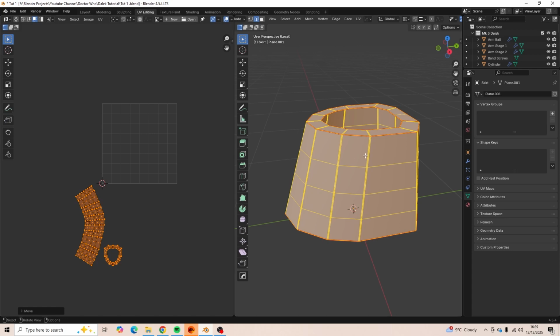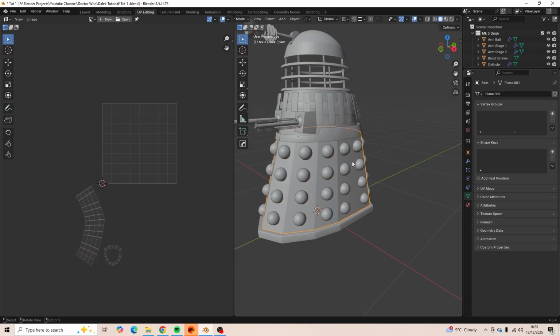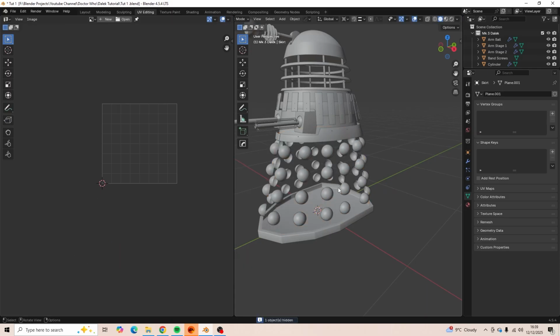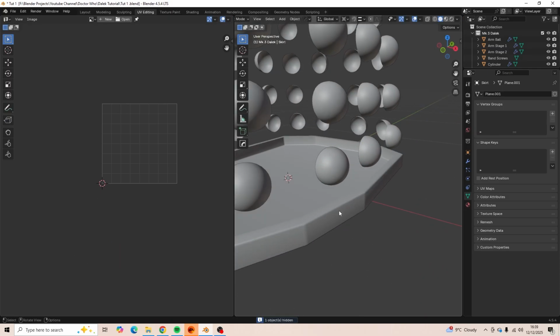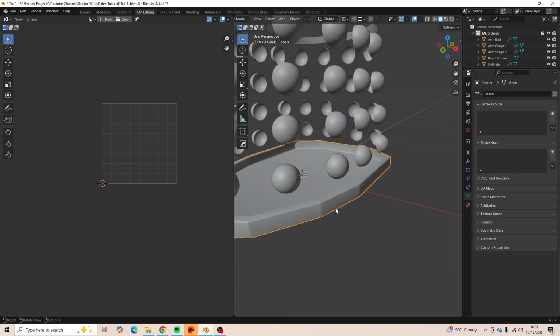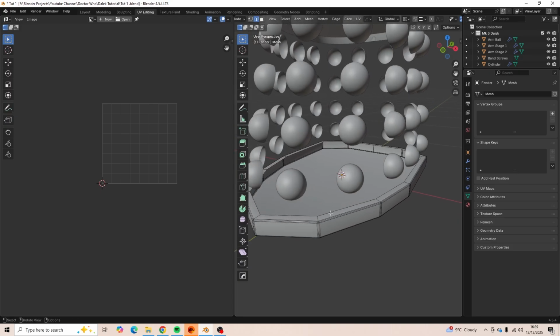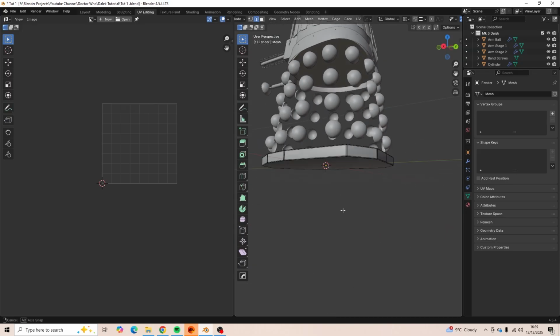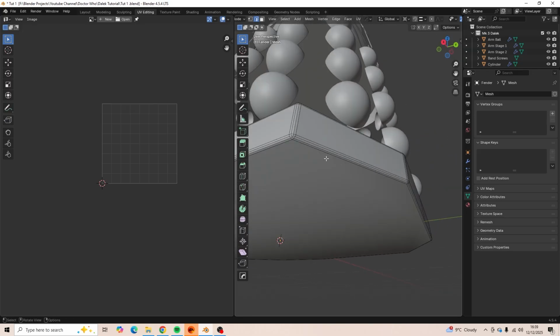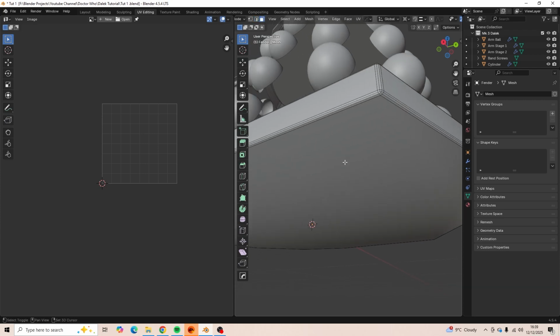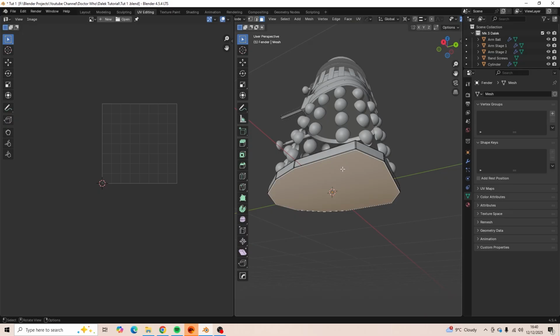So let's press backspace again. Tab into object mode and press H to hide the skirt. Now let's do this fender. So same process, tab into edit mode, double tap A to deselect everything, 2 for edge mode, Alt-Shift-S here, and this bottom face as well, so there's Alt-Shift-S. Oh, no. In fact, change this, 3 for face mode, select this edge here, press U, and then mark seam, and then